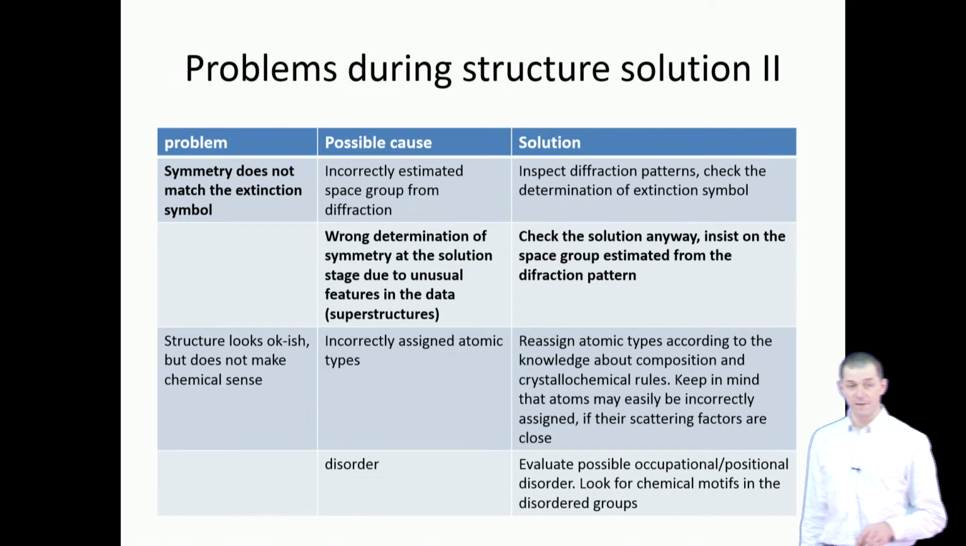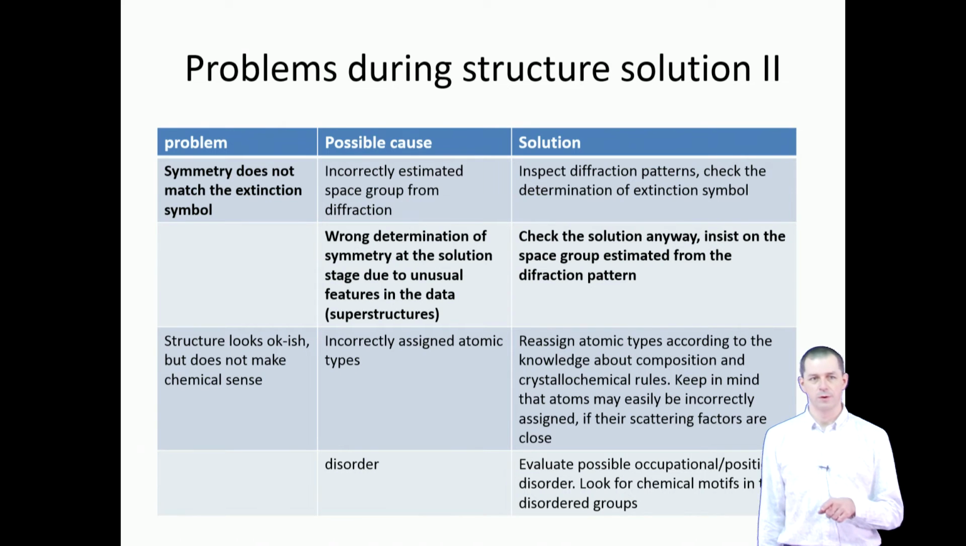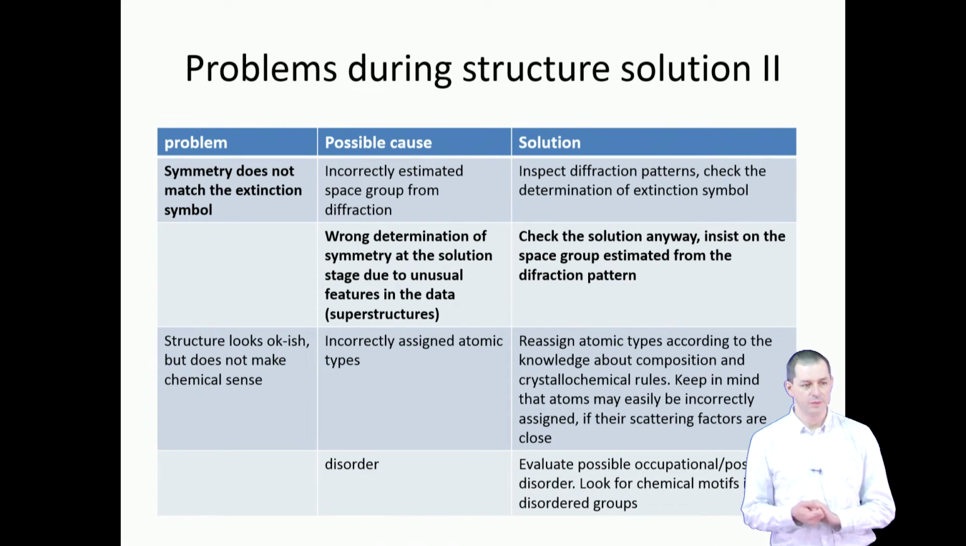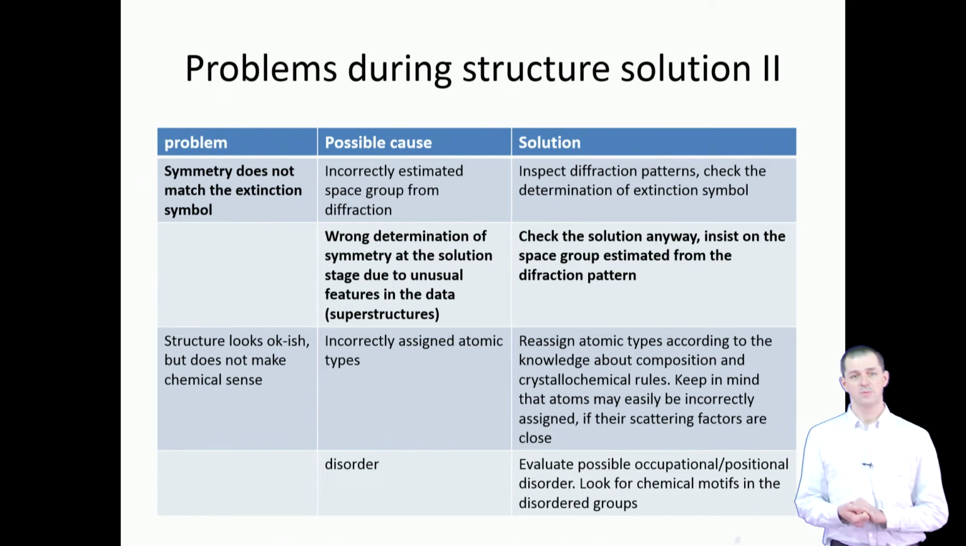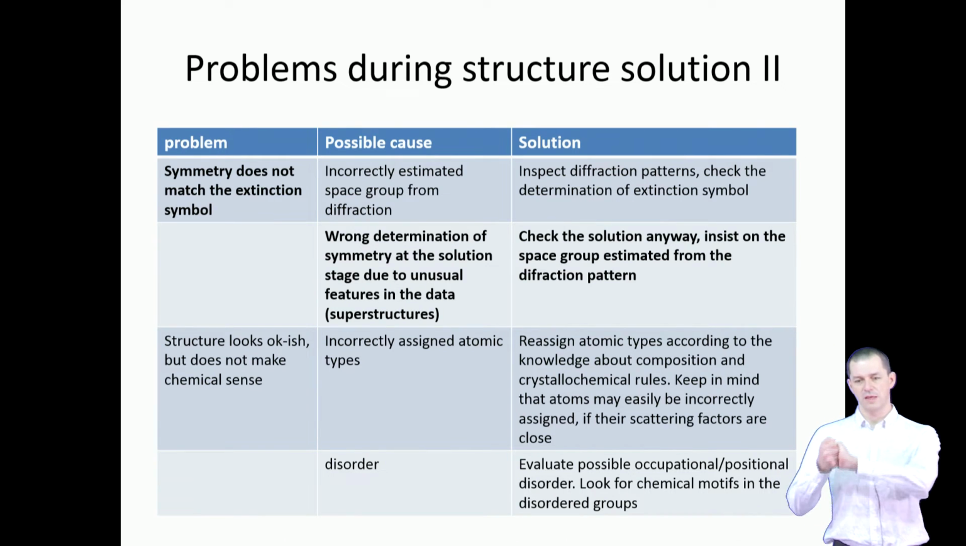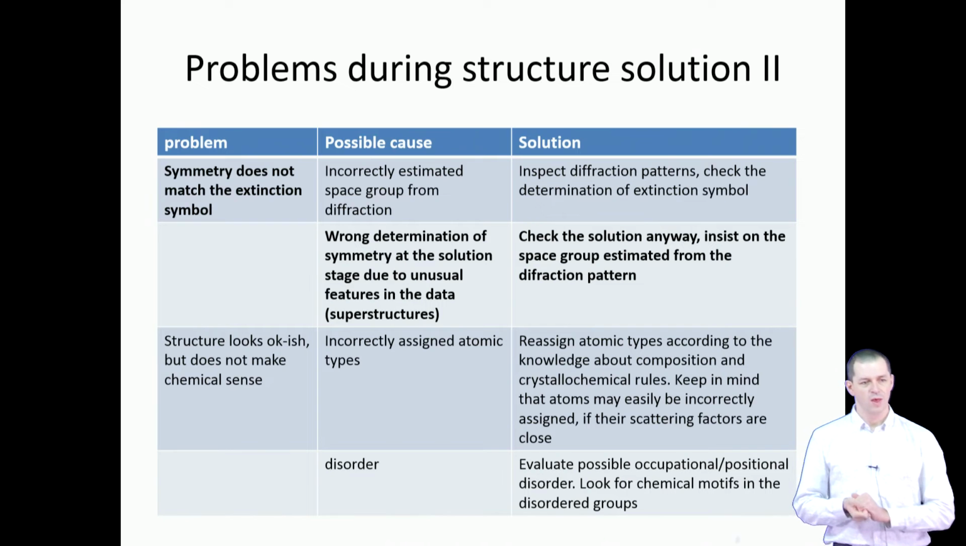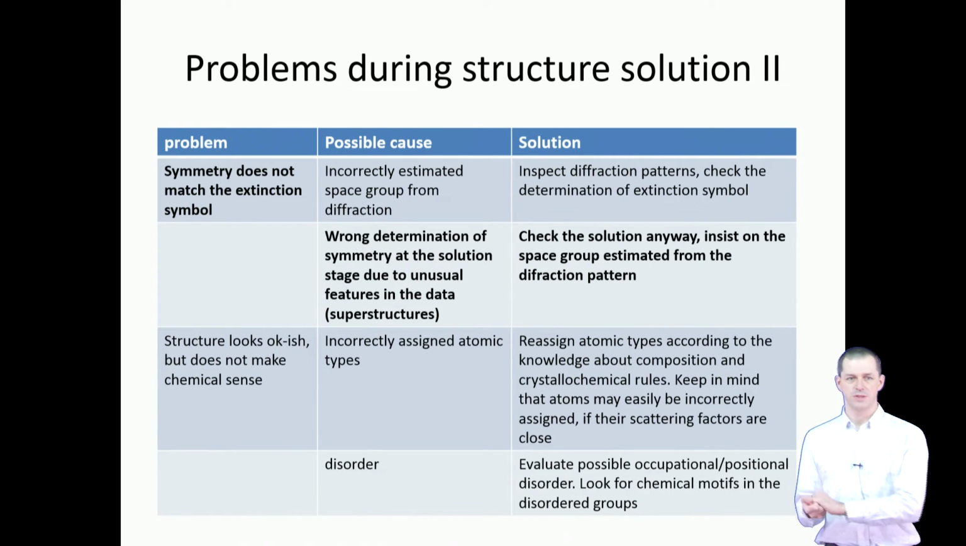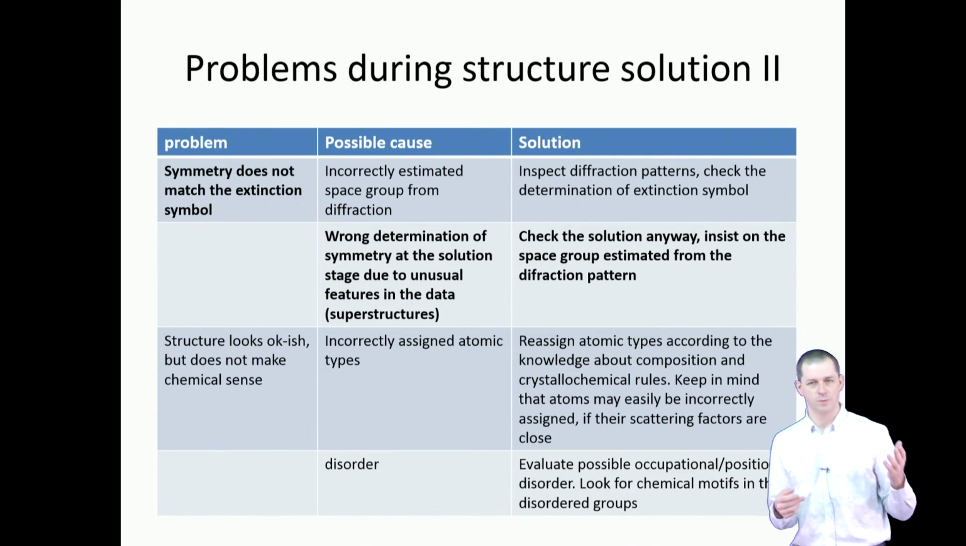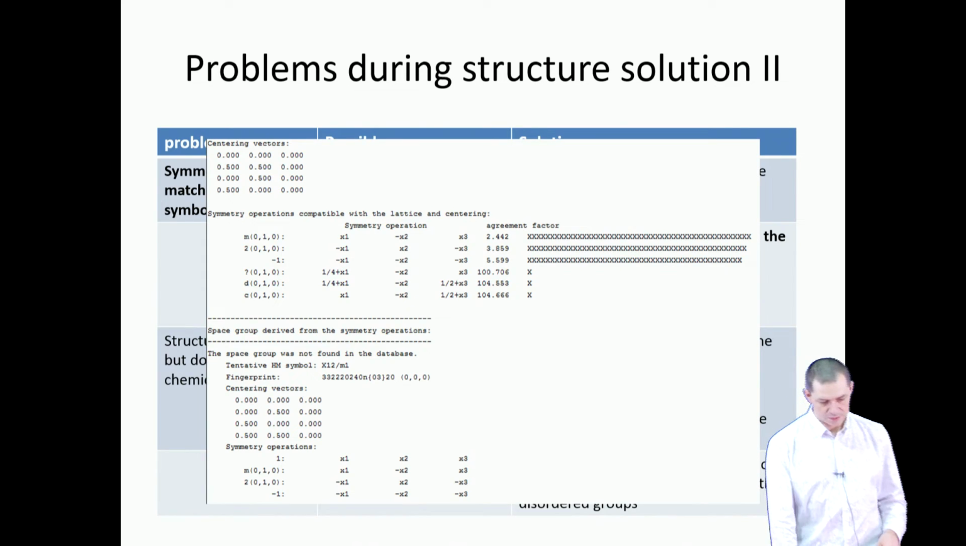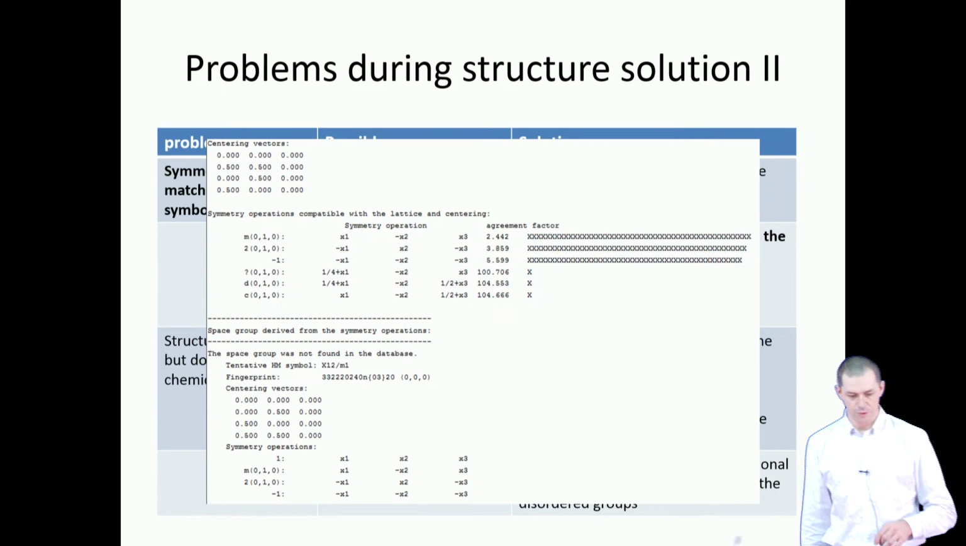Another possibility is that Superflip is wrong, or ShelXT. That also happens. It happens because Superflip is sensitive to other features than the symmetry determination from diffraction. So sometimes it just goes wrong. This is one example of such